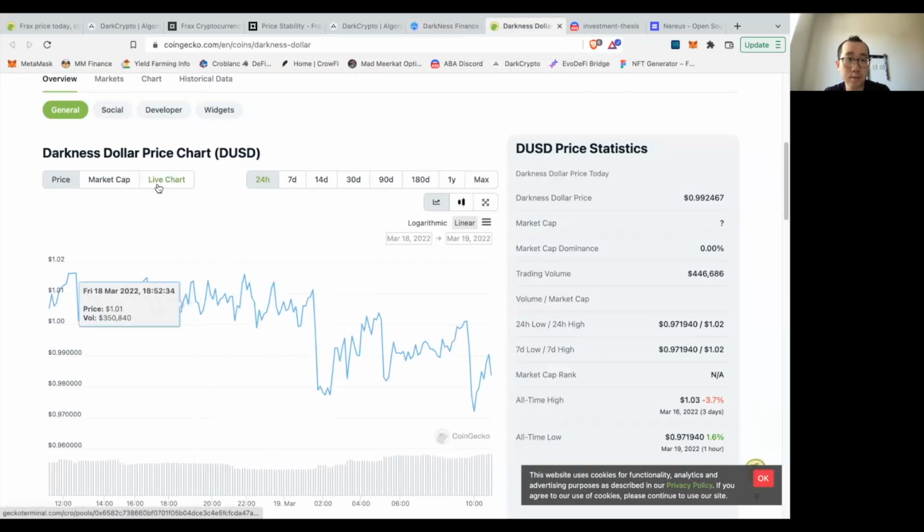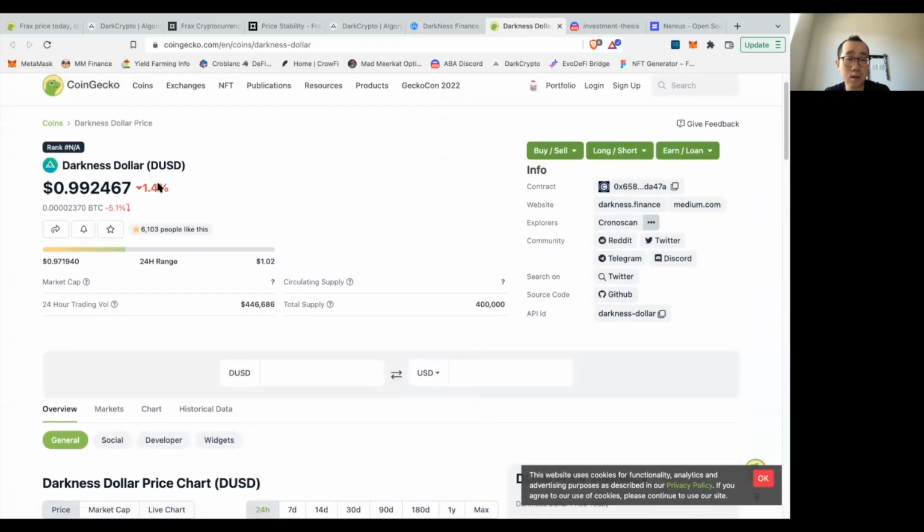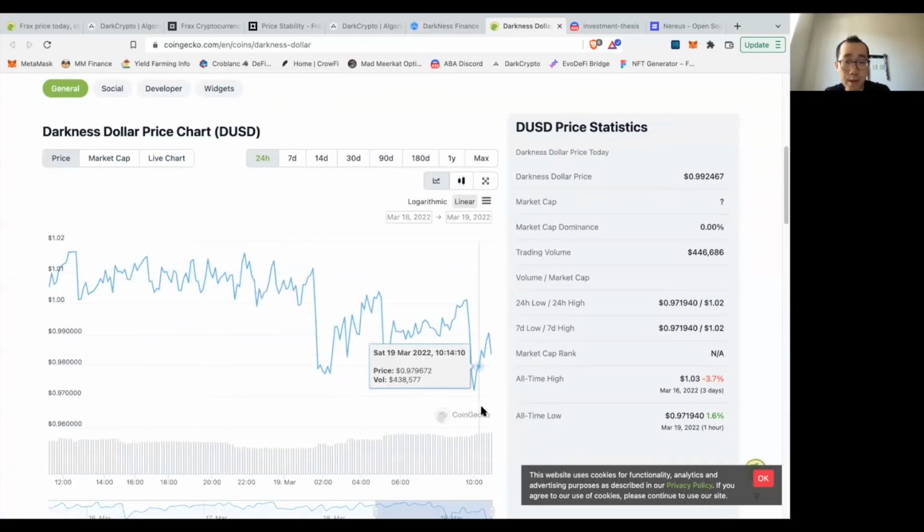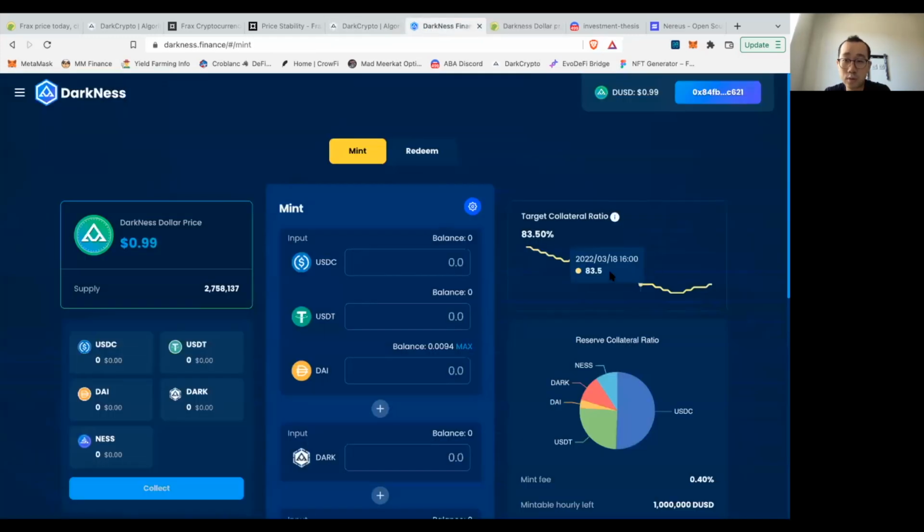And this little graph over here perfectly illustrates what has been going on. As we can see from the CoinGecko chart, the DUSD or darkness dollar has fallen below peg in the early hours of today. And if we go over to this target collateral ratio graph, we see that in the early hours of today, the target collateral ratio has started climbing up, meaning that the protocol has decided that people will need to invest more USDC, USDT, or DAI in order to mint each darkness dollar, therefore raising the intrinsic